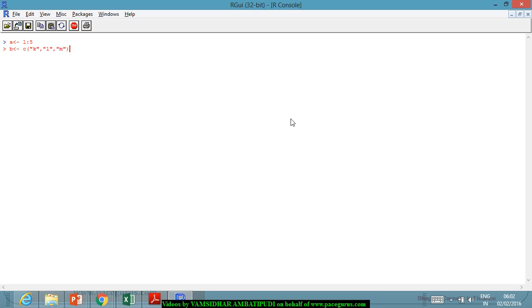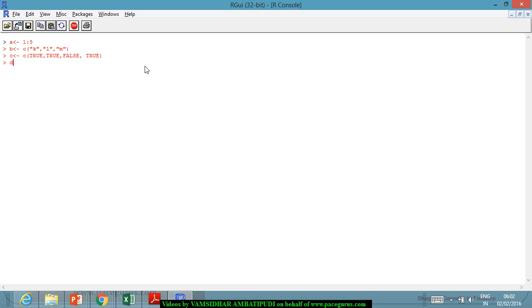Then I am creating another vector C which contains logical values TRUE, TRUE, FALSE, TRUE, 4 values. The first one contains 5 values, the second one contains 3, the third one contains 4,